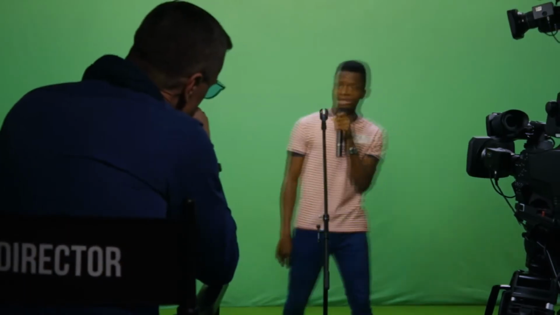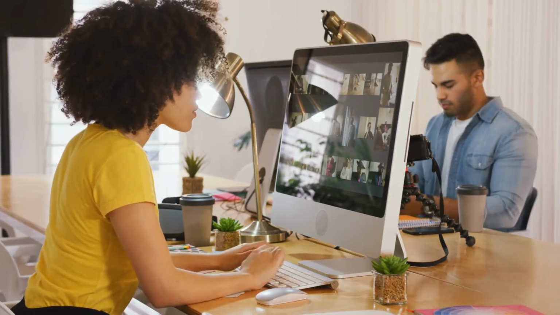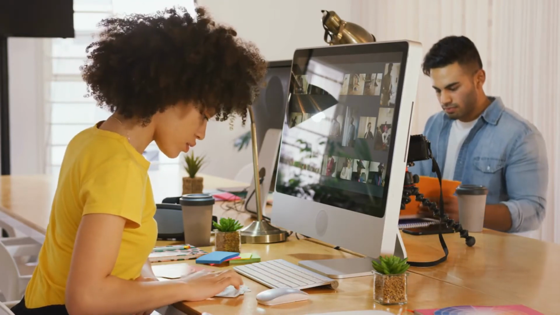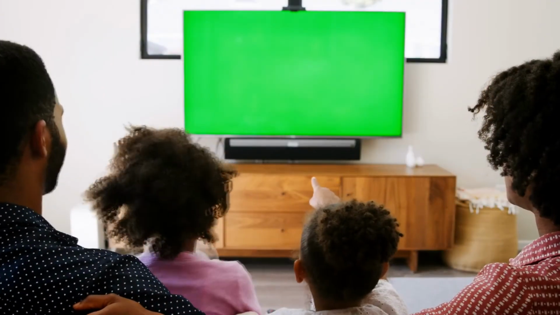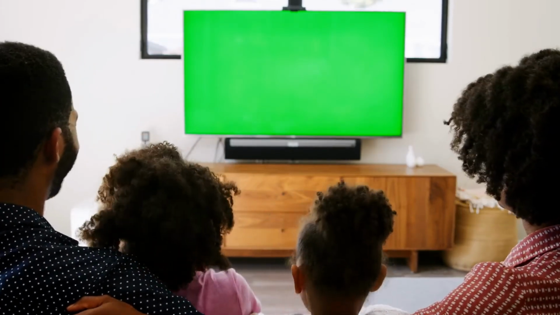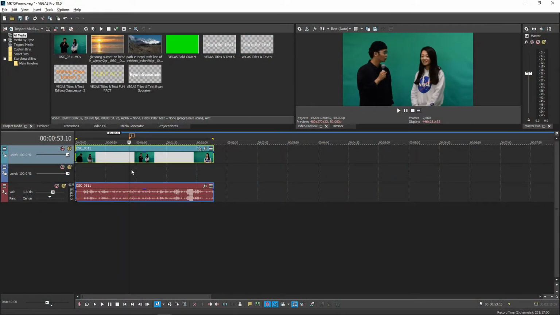Of course, green screen uses don't have to be limited to backgrounds. If you want something to be transparent on purpose, this would be the way to do it as well. For example, it is very hard to film a TV or computer screen because they reflect light and can cause glares. A good way to ensure that the screen shows up clearly is actually to just use a green screen first and key it in post, so we don't have to worry about the issues that may come up while filming. Alright, now that we understand how it works, let's try it here in Vegas.